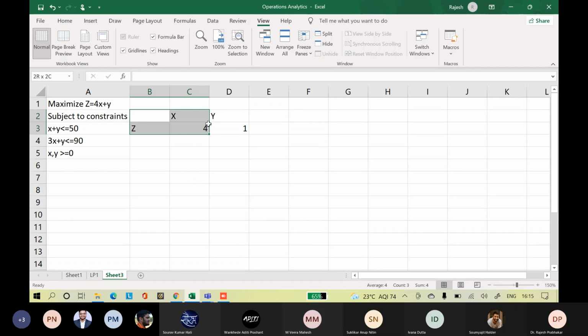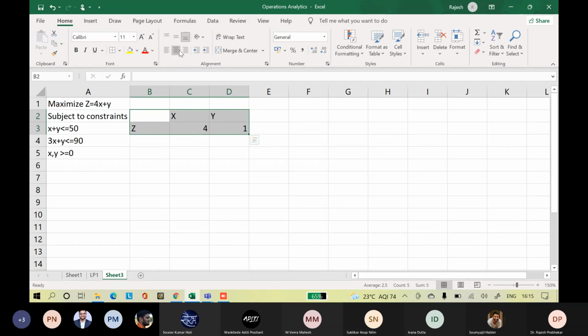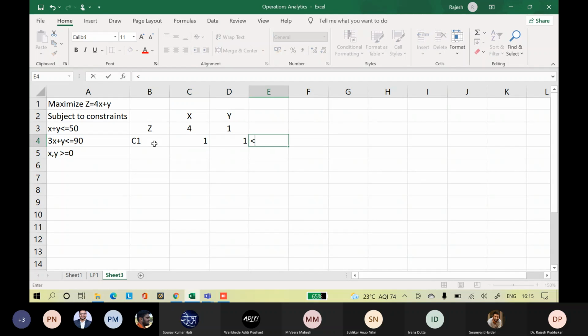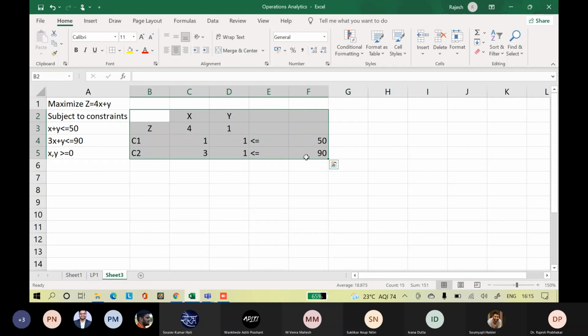Then constraint 1: C1 is 1, 1 less than or equal to 50. C2 is 3, 1 less than or equal to 90, right? So we have formulated the problem into a mathematical model in a spreadsheet.